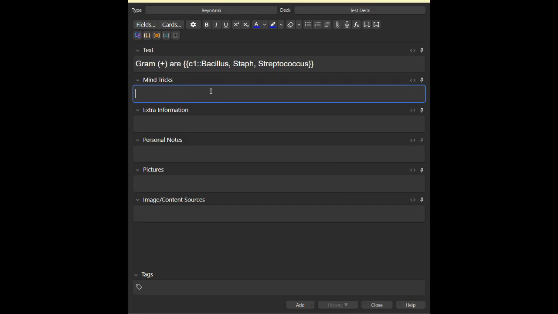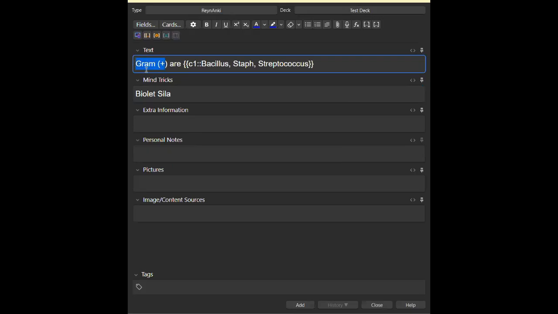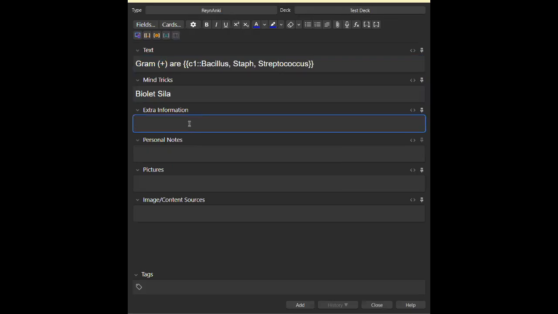So let's say by violet sila. This is the mnemonic for that. Violet sila. It's a mind trick kasi BS, Bacillus staph strep, and violet because gram-positive bacteria are violet. Extra information. These are not mnemonics anymore. This is just extra info. Maybe research or something cool.